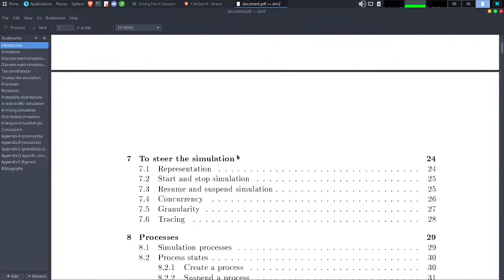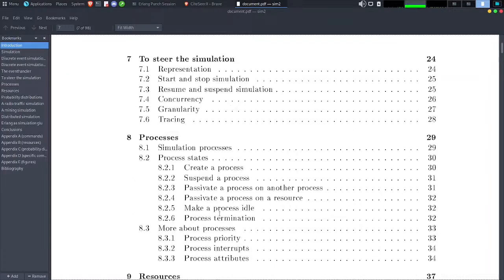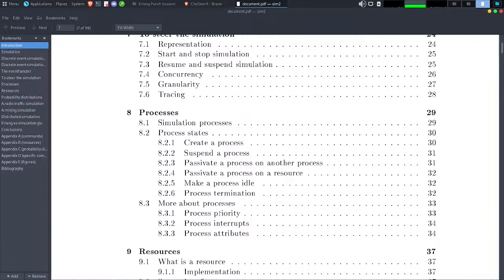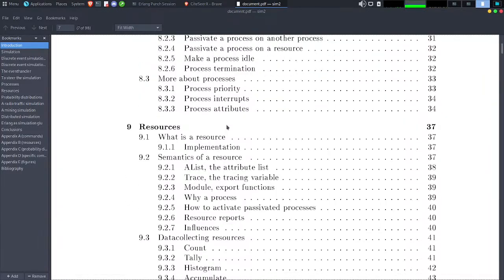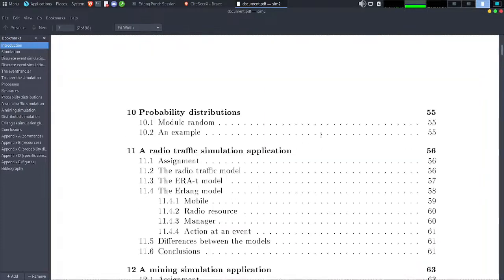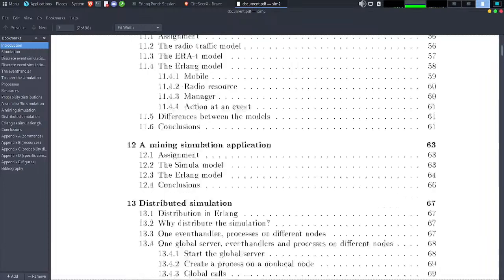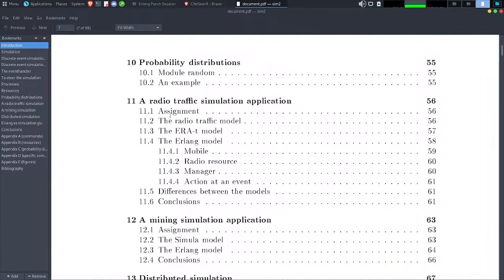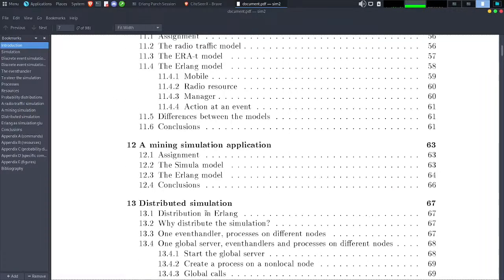Then we have the simulation start, where I will probably just read the representation. Then the simulation processes, where I will read at least the first part. It's the same for the resources, because that's quite huge. Probability distribution, I will probably just read the introduction, and I would like to read at least one of the two simulations we have.